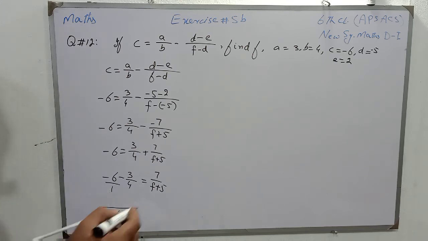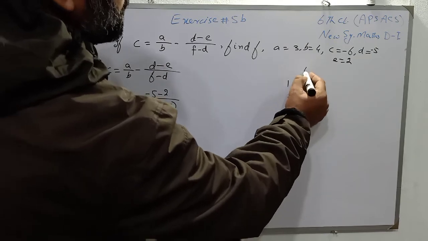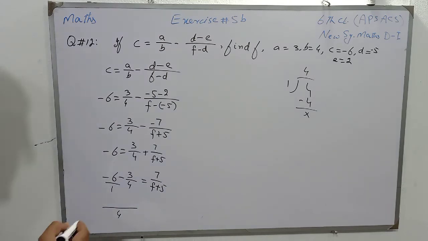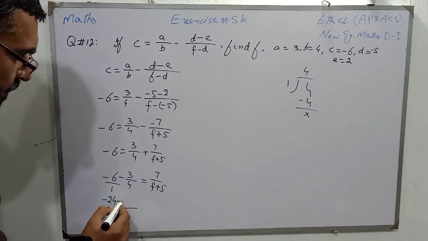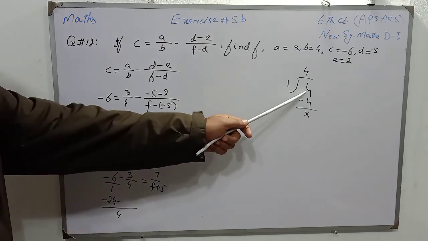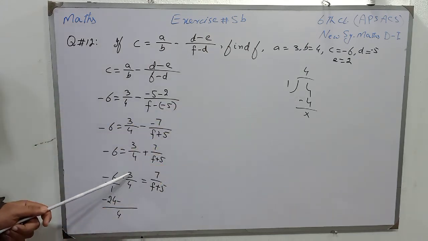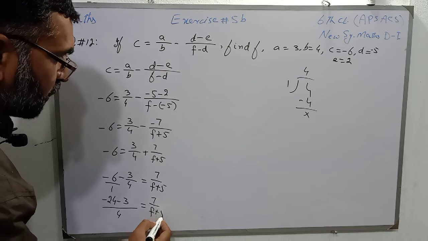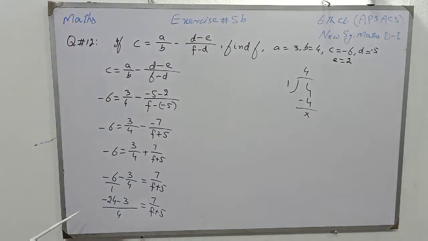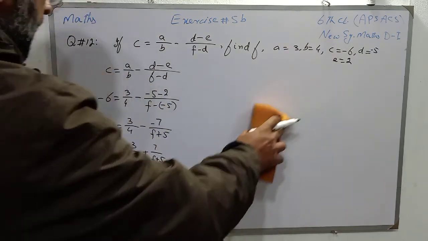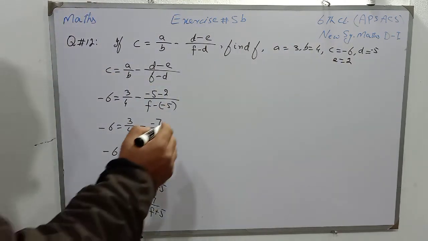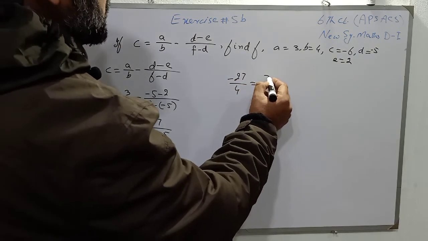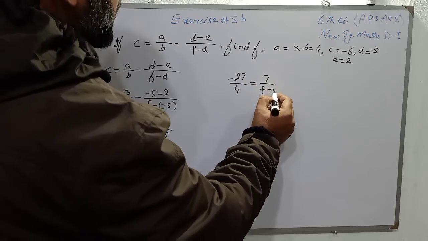When 4 is divided by 1, 1 4 is 4, the quotient is 4, and this 4 will be multiplied with minus 6 and we will have minus 24. When 4 is divided by 4, it means 1, and when 1 is multiplied by 3 we will get 3, is equal to 7 over f plus 5. Now students, we will simplify minus 24 and minus 3, and we will have minus 27 over